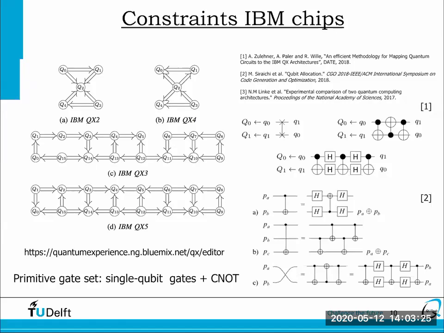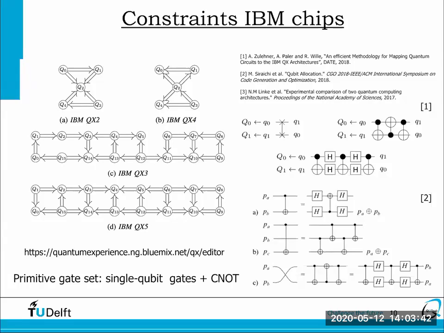Like you could only use, like if you did a CNOT, only one of them can be the target and the other one the control, like you couldn't do it the other way. Exactly. So in this case, you don't only have the connectivity constraints, so what qubits can interact, but also the